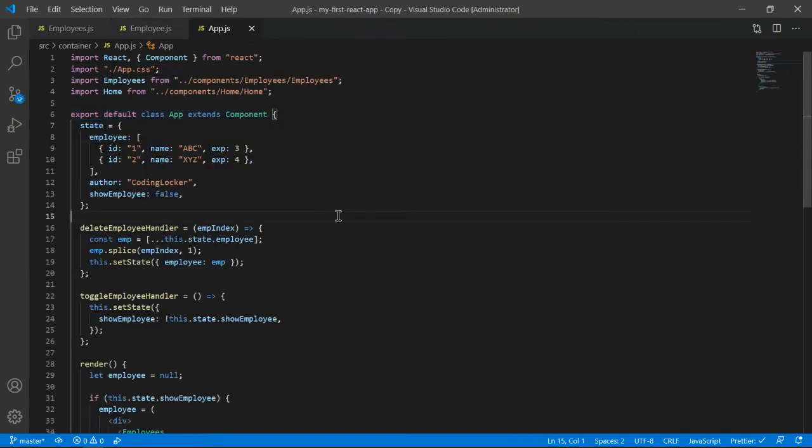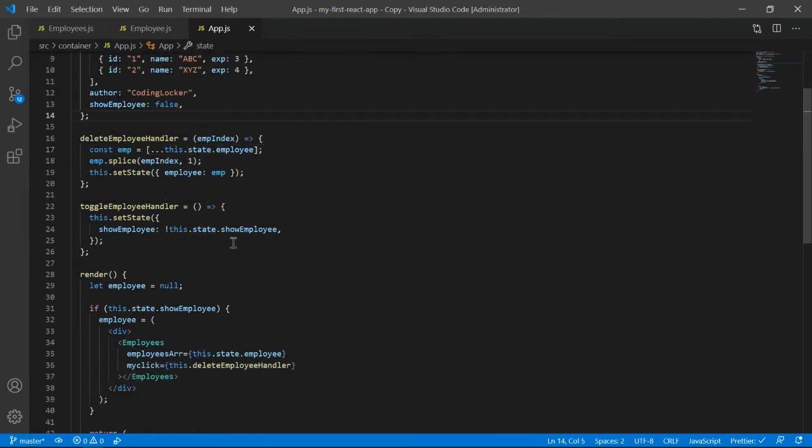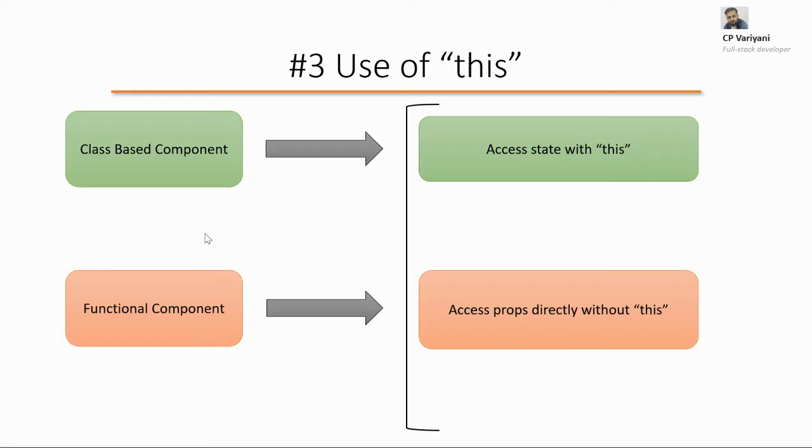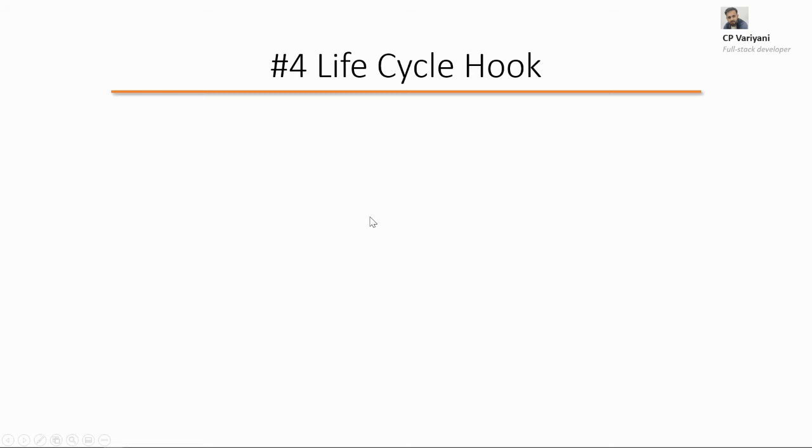But in app.js, whenever I'm trying to access the state, I have to use this. Right now I do not have any property available, but even if I have any property, that also needs to be used with the this keyword directly. That's the third difference.